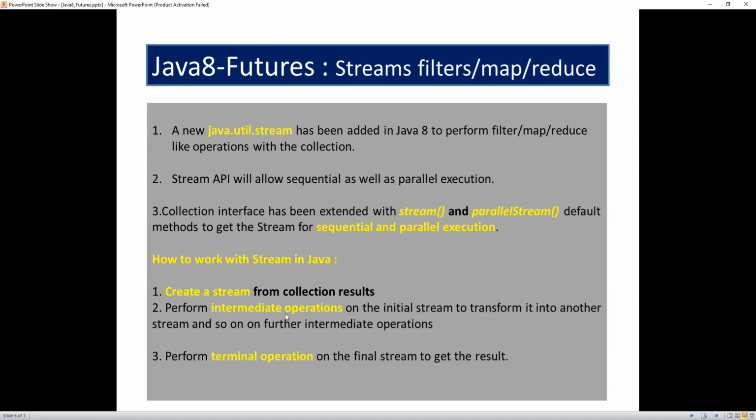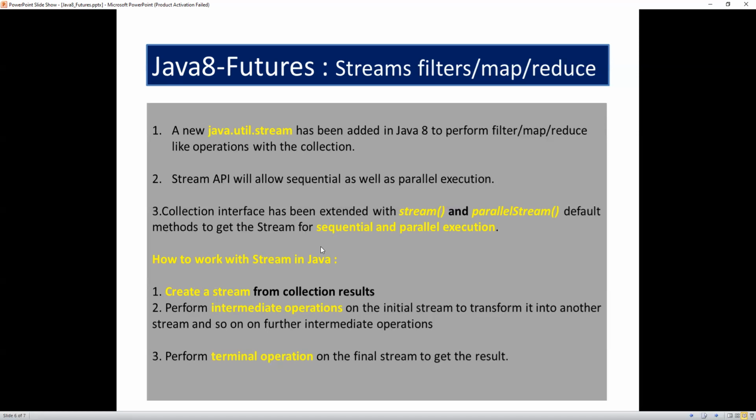So what are the intermediate operations? Intermediate operations are like stream.distinct, stream.filter or stream.map. Those kinds of operations we can call intermediate operations. And what are the terminal operations? In stream.distinct.collect, collect is the terminal operation. So we have some intermediate operations in streams, and also some terminal operations. What those intermediate and terminal operations are, we will see when we do examples on these streams.